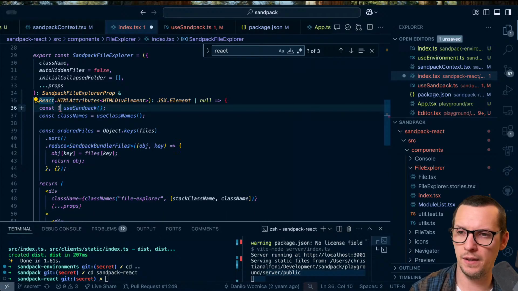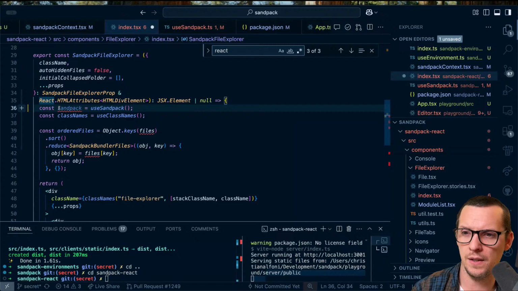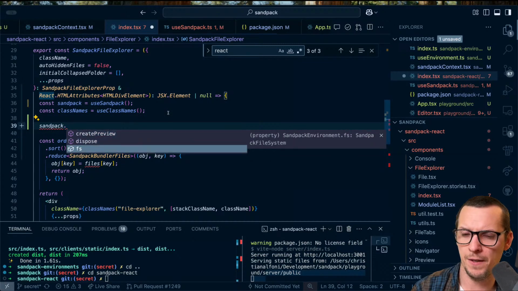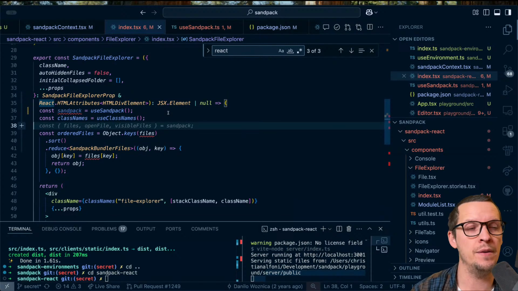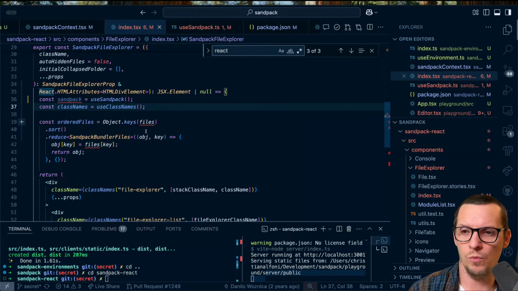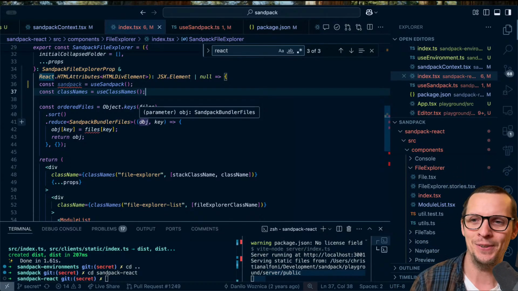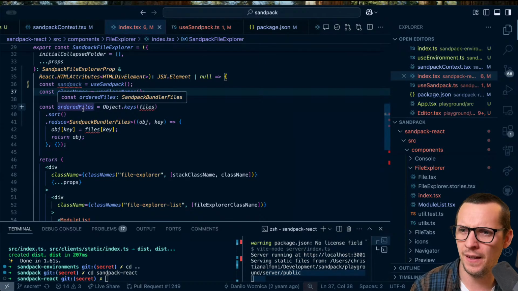So use Sandpack. So this thing is now responsible for actually FS, right? Now we have the file system. Now the interesting thing is, okay, so based on the, okay, this is going to be interesting. So since everything's async now, that's a huge problem. So what we have to do, so ordered files is,